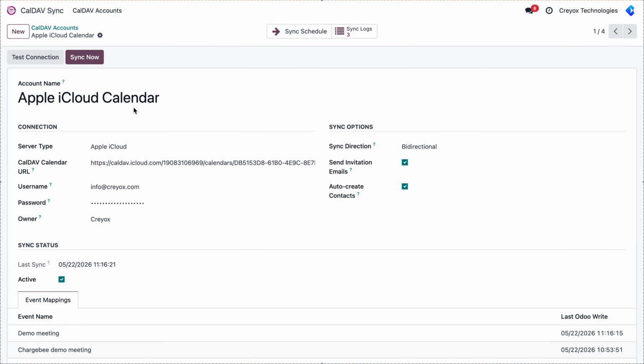So here I have named the account as Apple iCloud calendar. Then the server type will be selected as Apple iCloud. You need to add the calendar URL over here to sync all of the events from Odoo to Apple iCloud and Apple iCloud to Odoo's calendar. The username will be the email ID of your Apple account, and the password you will get from your